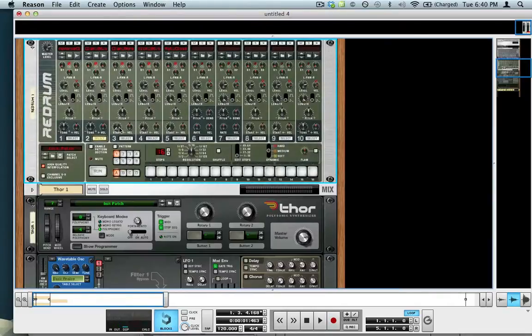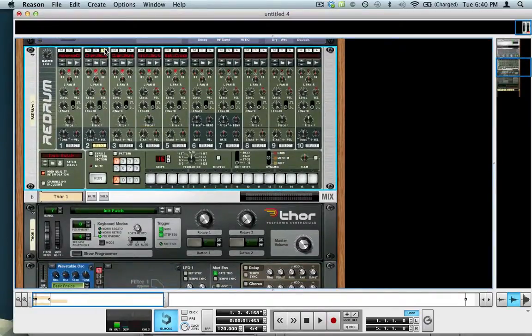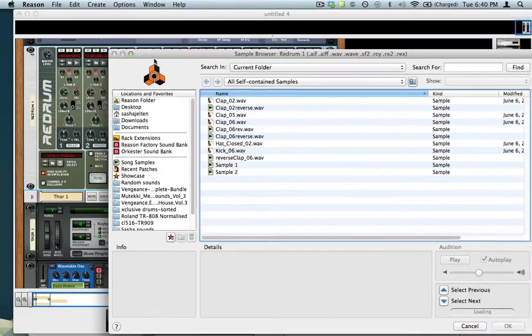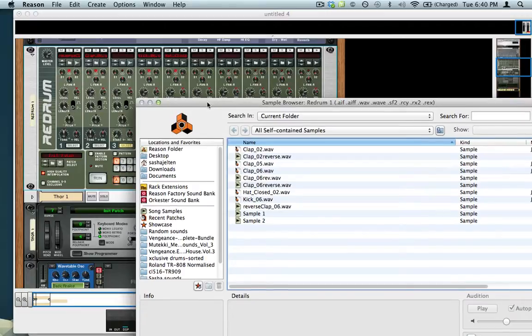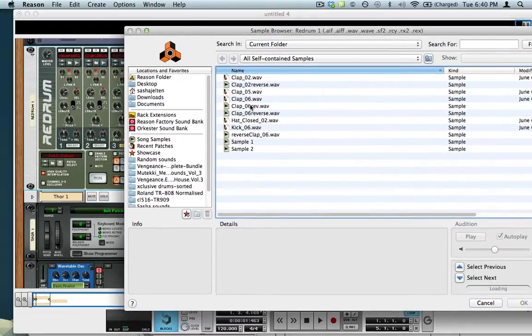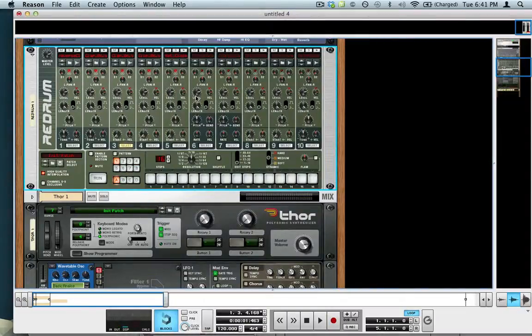Basically, what you're going to want to do is go to your Redrum, find a clap that you like. I'm going to get rid of this sample that I already had because we're going to get to that in a second. So get a clap sample, or whatever sample you're going to want to do this with, and you're going to want to also open up that same sample in the sample window right next to it. So I'm going to find the same one,